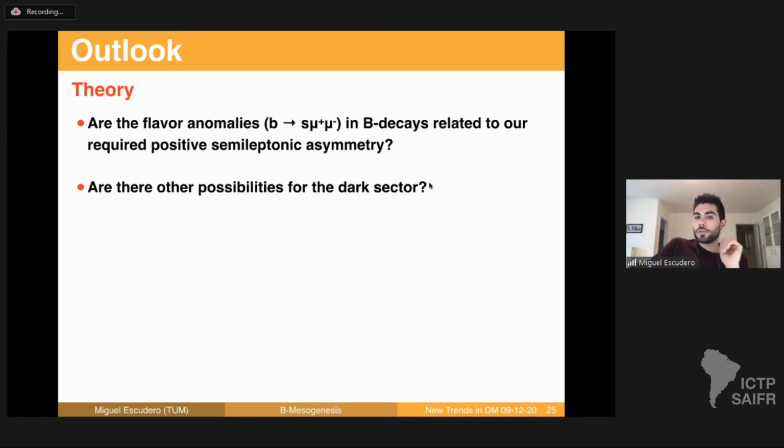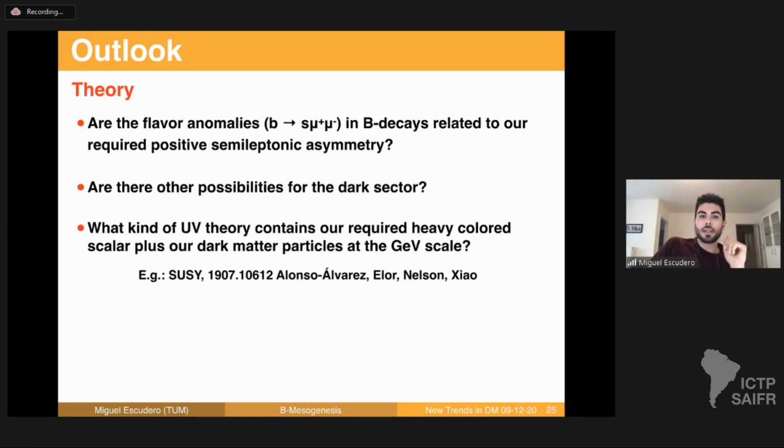Are there other possibilities for the dark sector? I highlighted 3, but there, of course, could be more, and they could lead to a richer phenomenology. A pertinent question would be, what kind of UV theory allows you to have a heavy color triplet scalar at the TeV scale, but then particles that are the standard model singlets at the GeV scale? And I think a nice example in that direction is a supersymmetry realization of the mechanism by Gonzalo, Gili, and